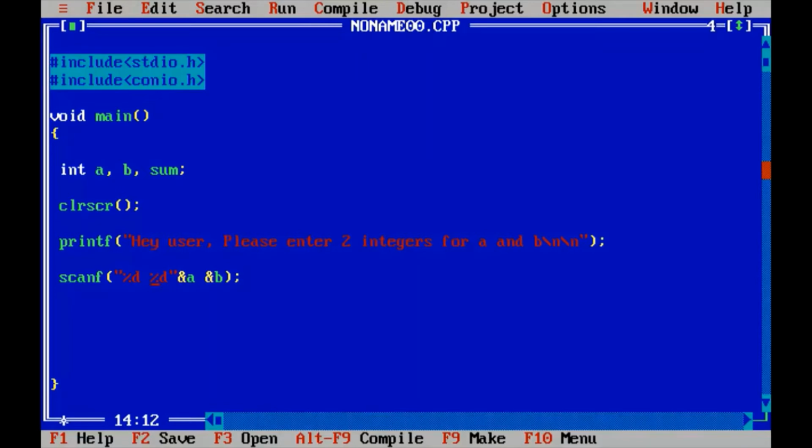So this will instruct the compiler that two data values are coming in and convert them into the integer form, and put a comma after the type specifiers. So this is the standard format of scanf function when we are taking 2 integers. If we are taking 3 integers, then add one more %d and the variable name here.